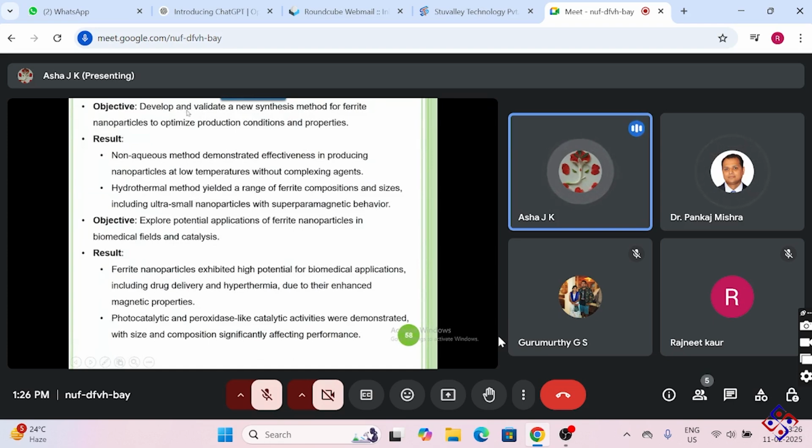Next objective is to develop and validate a new synthesis method for ferrite nanoparticles to optimize production conditions and properties. The result we get is a non-